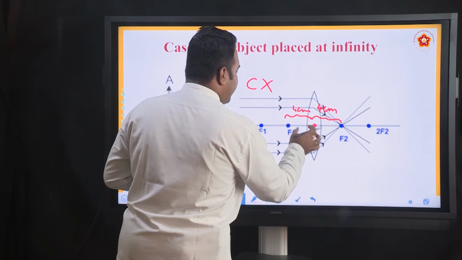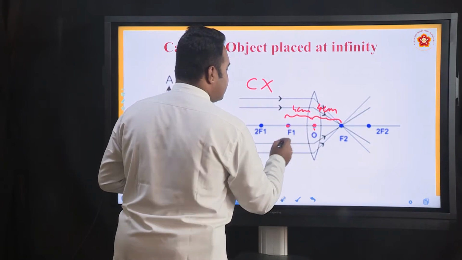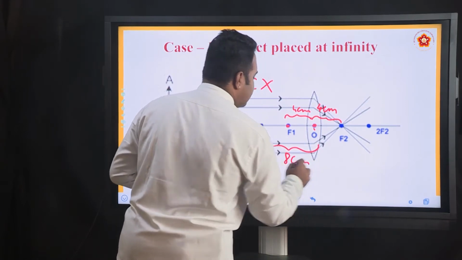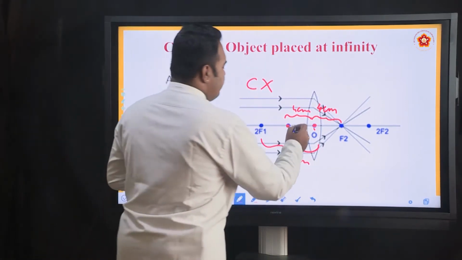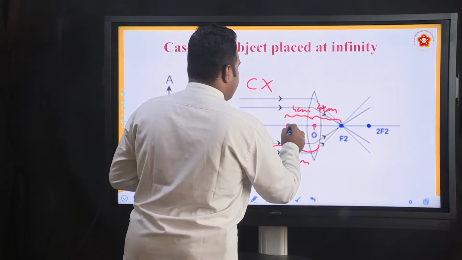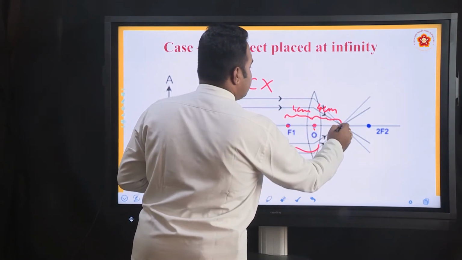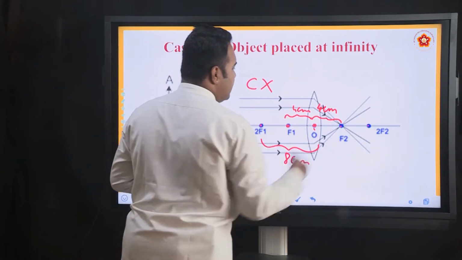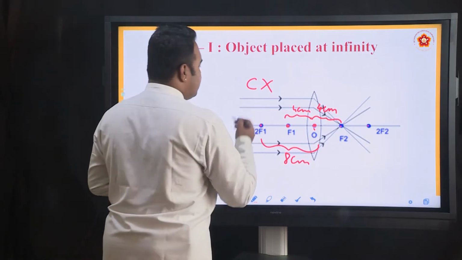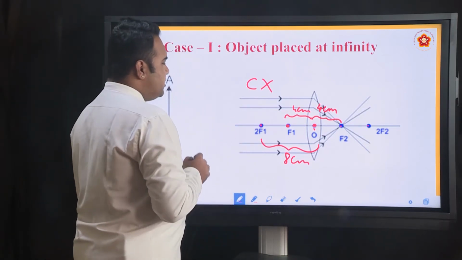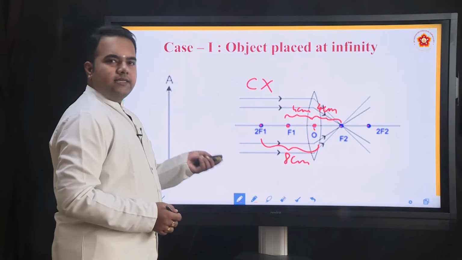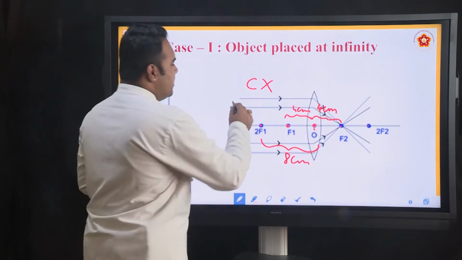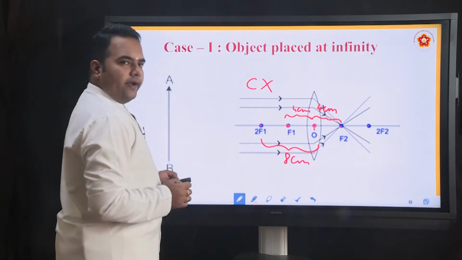So from the optical center to this point, if it is 4 centimeters, the 2f point should be located at 8 centimeters on either side. So we mark these points 1, 2, 3, and the same on the other side also 4, and at 8 we mark these points. We use a scale to draw the principal axis and parallel rays of light. Whenever you are drawing image formation in lenses and mirrors, it is always suggested that you use a scale and pencil so that we get straight parallel rays of light.